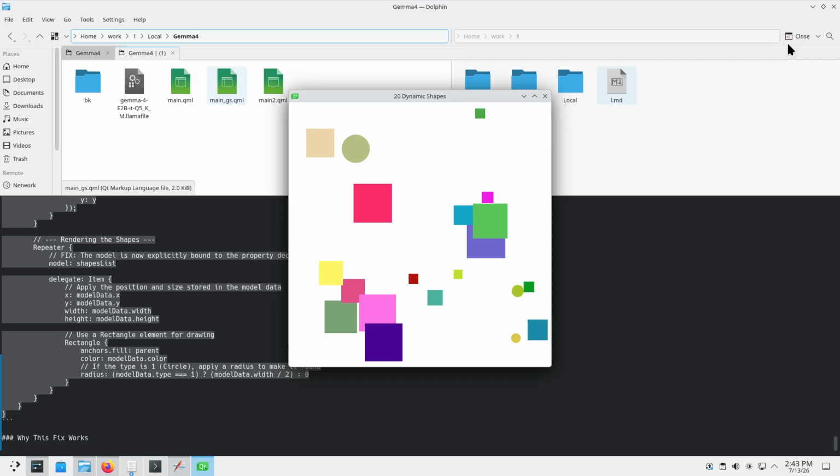It doesn't seem to be that the database inside this llamafile is too old. It doesn't seem to have only data about older versions of the Qt 6 framework. It doesn't seem to be that, but